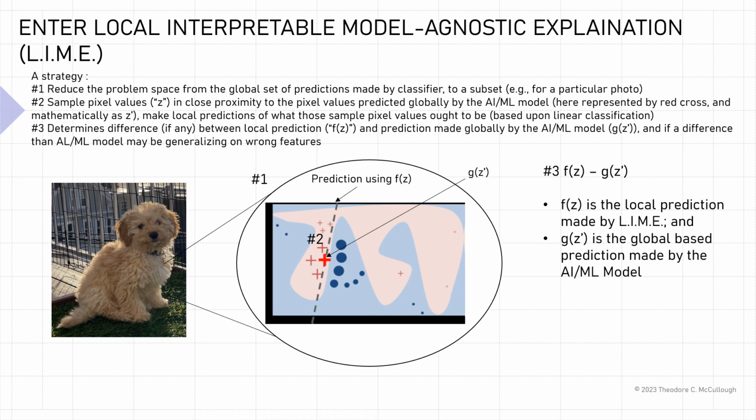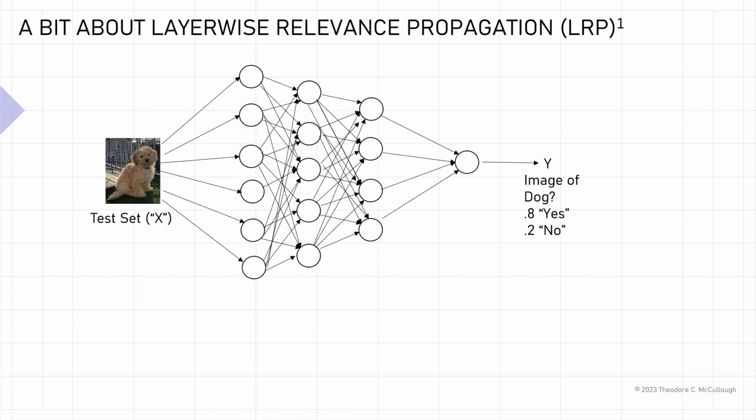About a year after the L.I.M.E article came out, another article came out entitled Explainable Artificial Intelligence, Understanding and Visualizing Interpreting Deep Learning Models. And so this article proposed something called L.R.P. So to understand L.R.P, we need to go back and talk a little bit about how neural networks actually classify images. So previously I had said that neural networks classify images by basically attaching a 0 or 1 value as an output of the neural network.